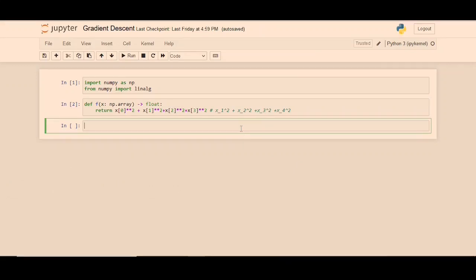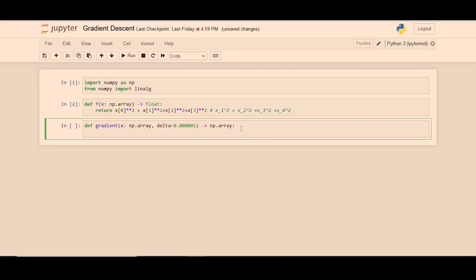So we can code that in here. This will take in a numpy array. We set delta to be really small, and it will spit out a numpy array of the same size as x. So firstly, what will be useful is to know the length of x, because you'll see that we're going to have a matrix, and I'll call it the delta matrix. This matrix will be of size n, where n is the size of x, and on the diagonals it's going to have delta. And you'll see why, but this is going to be really easy to add to x,